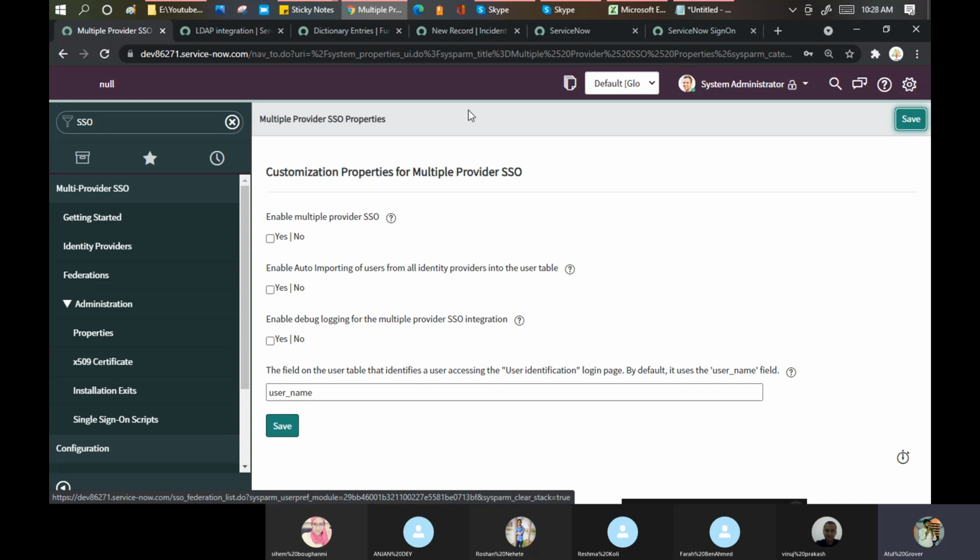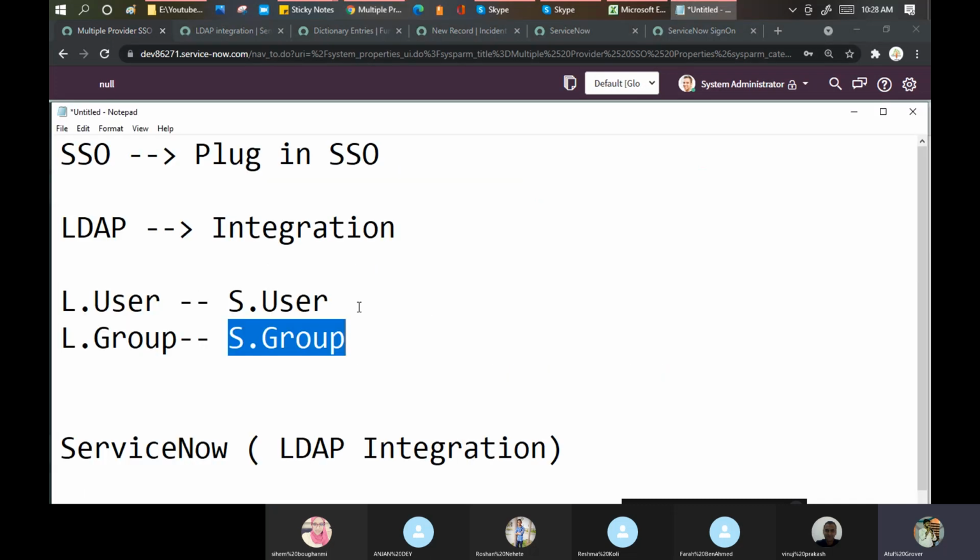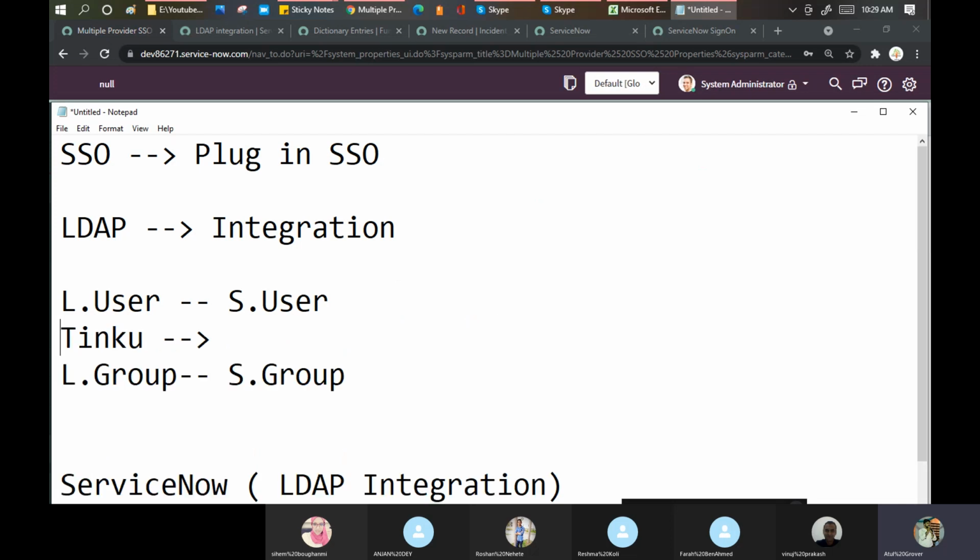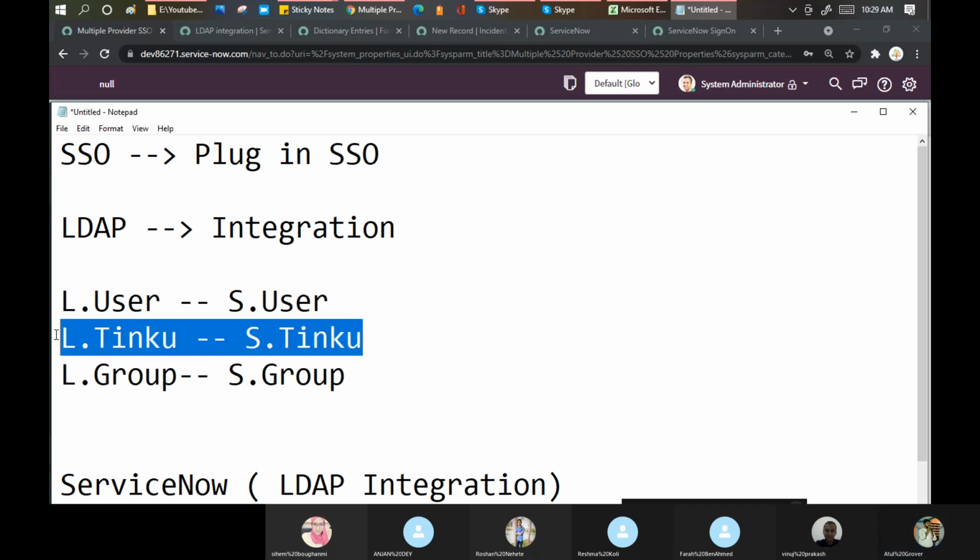So when I get a user record, suppose there's a user called Tinku which has been moved or copied from LDAP to ServiceNow.